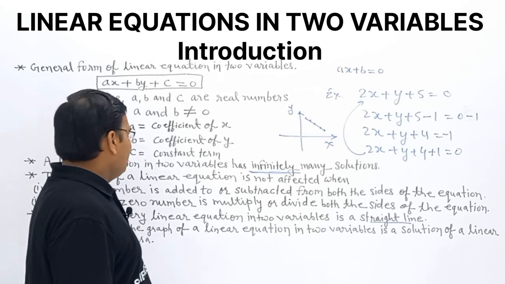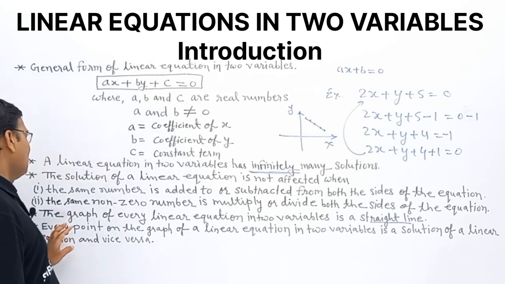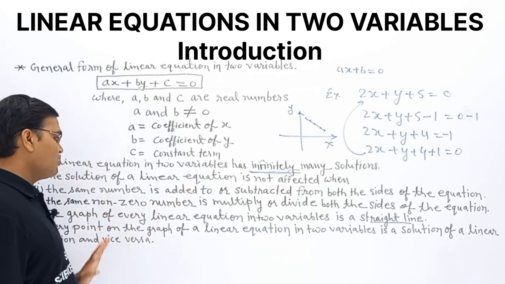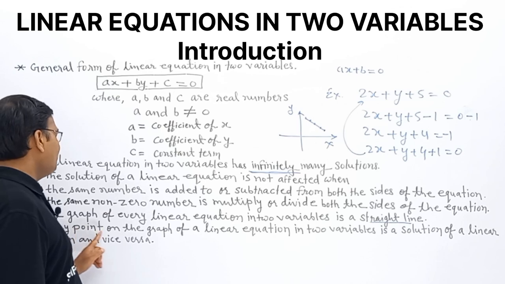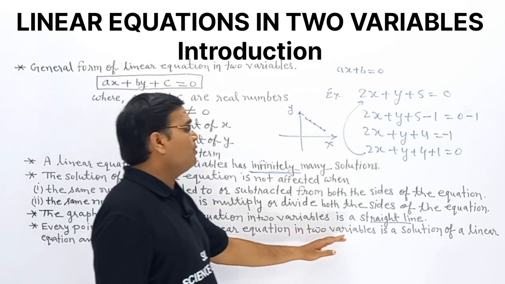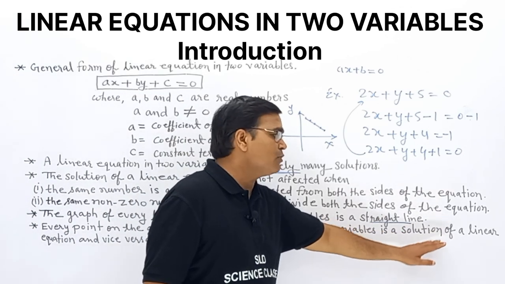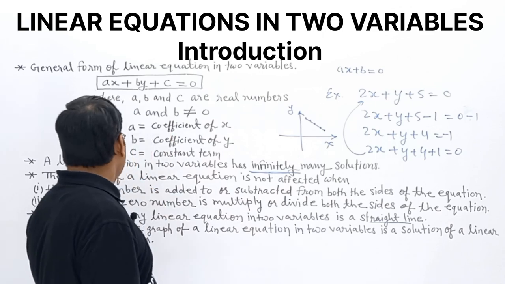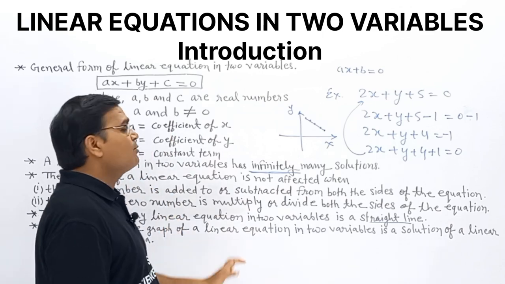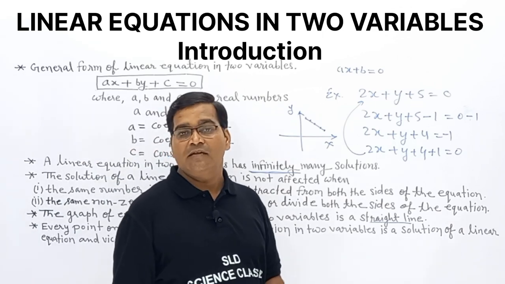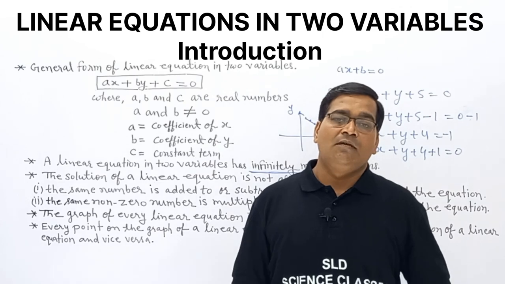Clear? And finally we studied that the graph of a linear equation is a straight line. And every point on the graph of a linear equation in two variables is a solution, and every solution of a linear equation will be a point on the graph of the linear equation in two variables. Clear? I hope you understand